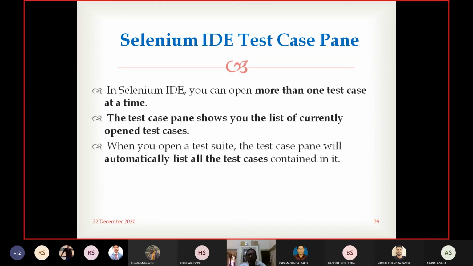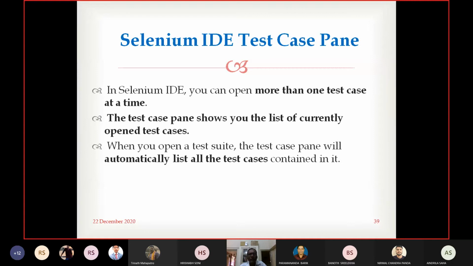I have already told you a test suite is the collection, or the set, of test cases. When you open a test suite, the test case panel will automatically list all the test cases contained in it.